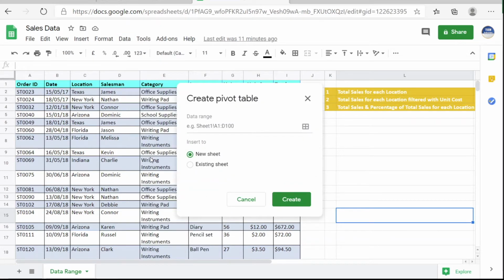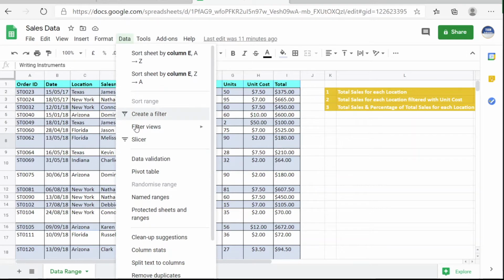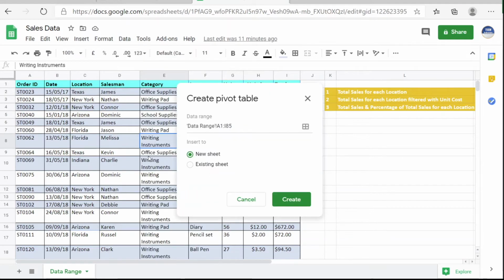Right now, because the selected cell is outside the data, the dialog box is trying to assume its own range, which is not correct. It's showing A1 to D100, which is not the correct data range. For us, it should be from column A to I. So let's cancel it and click somewhere inside the data. Now again go to Data and then click on Pivot Table. And this time it has